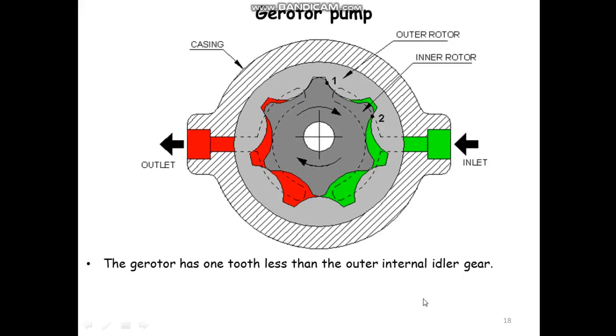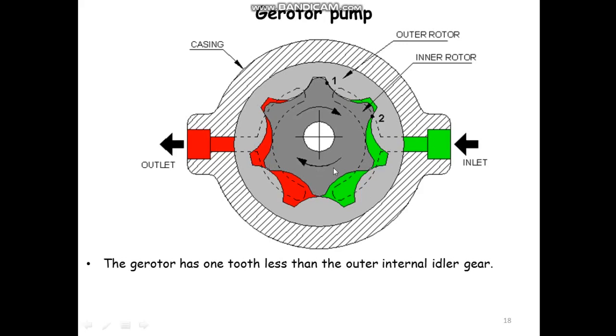Then this is the G rotor pump. This is also a type of internal gear pump, but there is no crescent seal, because the two gears are mounted in such a fashion that the number of teeth differ. Let us measure the number of teeth of the external gear and internal gear here. If you consider the external gear, teeth number 1, 2, 3, 4, 5, 6, 7, and if you consider the internal gear, teeth number 1, 2, 3, 4, 5 and 6.